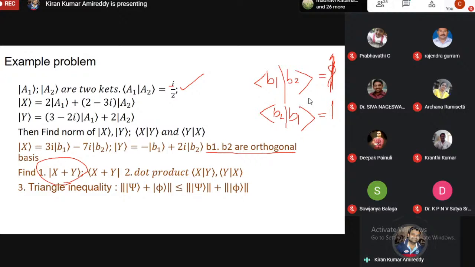Yeah, so that is 4 plus 13 minus 6i square by 2 minus 6i square by 2. That means 17 plus 3 plus 3, totally it will give you 23. That is this value. But if you substitute, when you are taking this value multiplication, first if you are multiplying